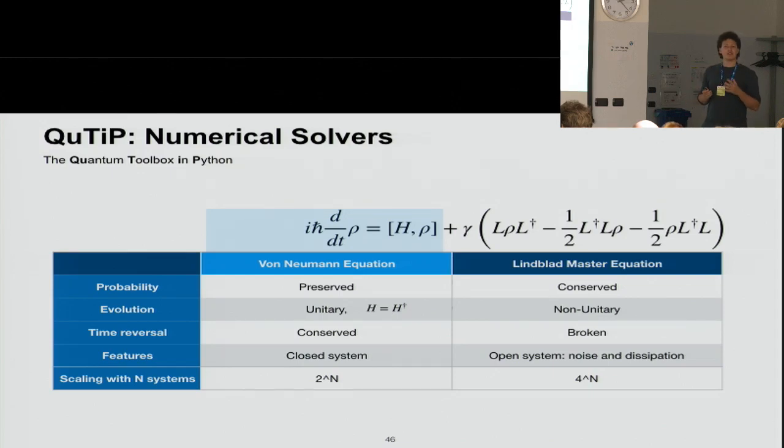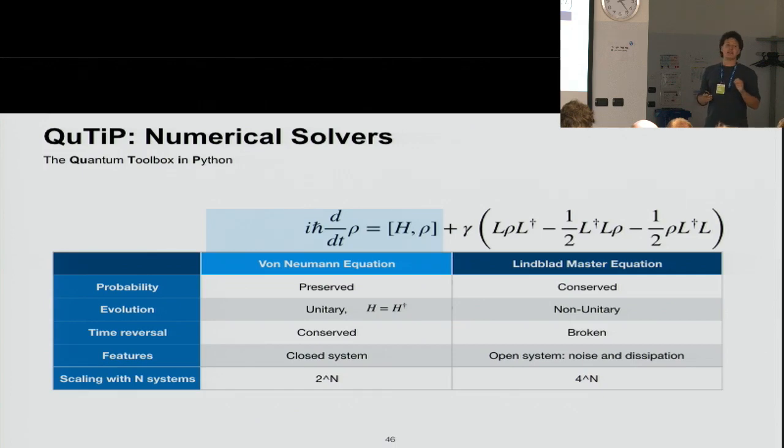And one typical mathematical equation that is studied in this setting is the Lindblad master equation. I will not go into the detail, but I just want to point out some features of this equation. This part refers to dissipation due to noise. And as you can see here, ρ is actually the quantum state, the density matrix referring to all the information that you have about your quantum system. And then there are some operators acting on it. And as you can see, there are some operators acting from the left and then from the right, if you may.